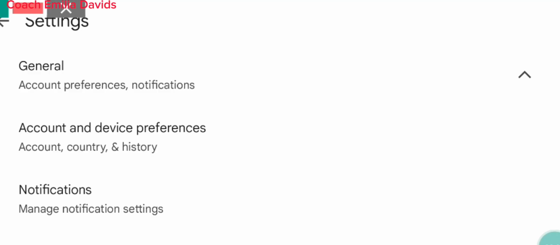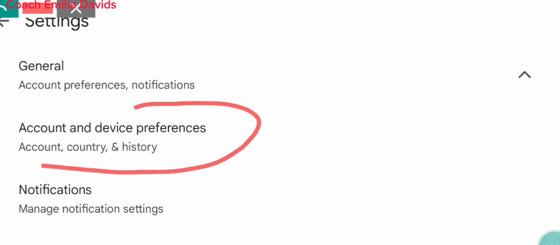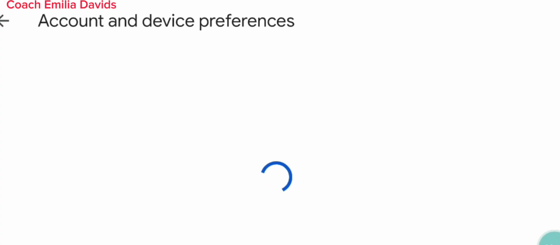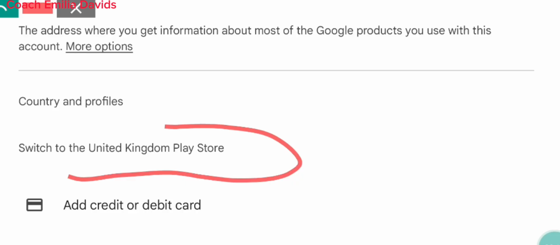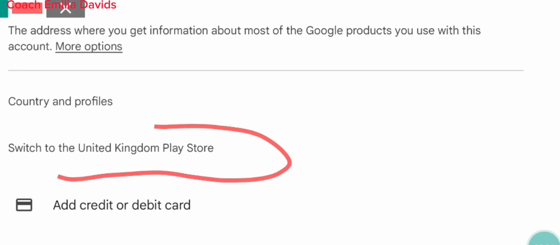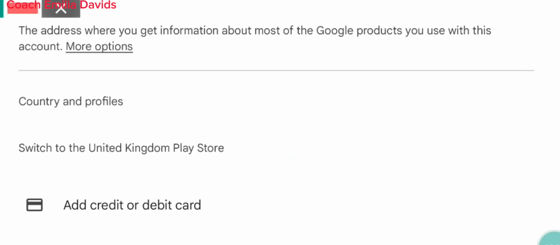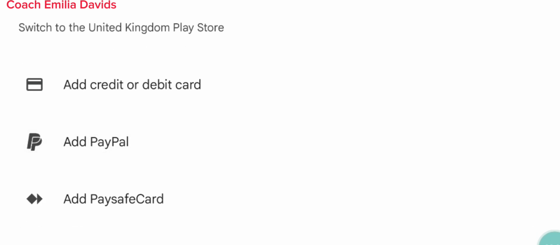Then this is general. Tap on general. After that, you're going to see this account and device preferences. Tap on it. Then scroll down, you can see where it says switch to UK Play Store. That's to tell you that our Play Store is not fully on United Kingdom Play Store. For us to change this Play Store to United Kingdom Play Store, all we are going to do right now